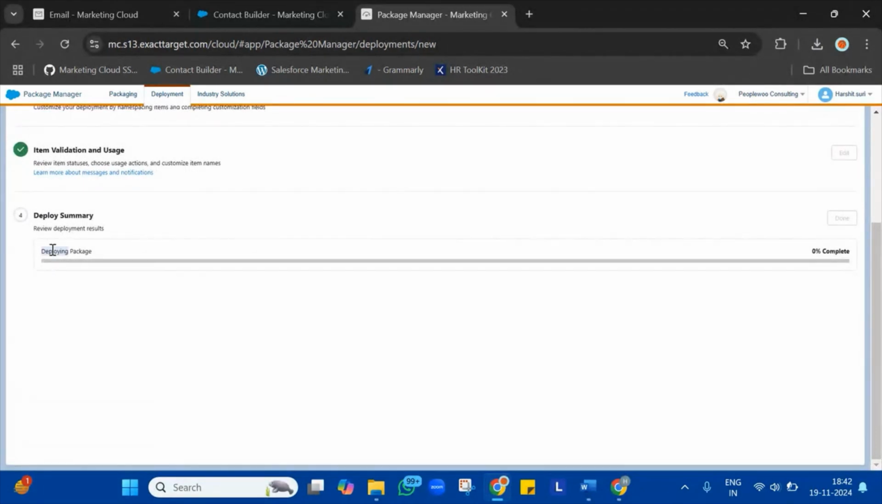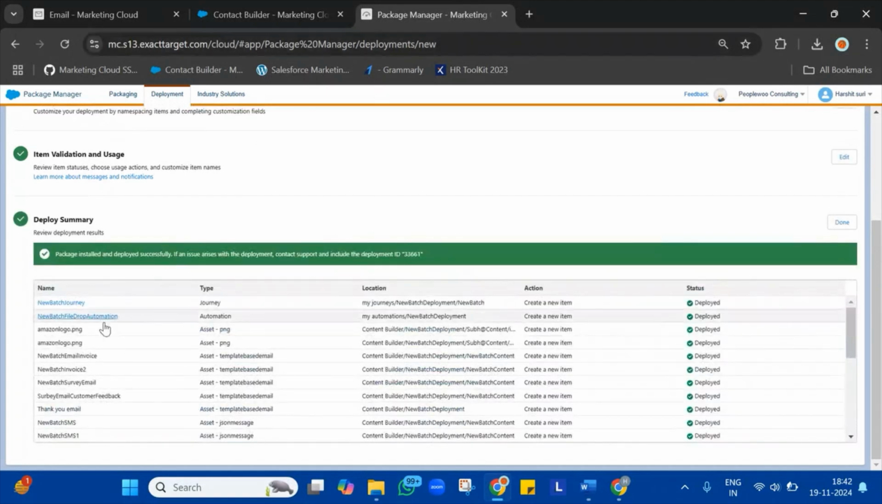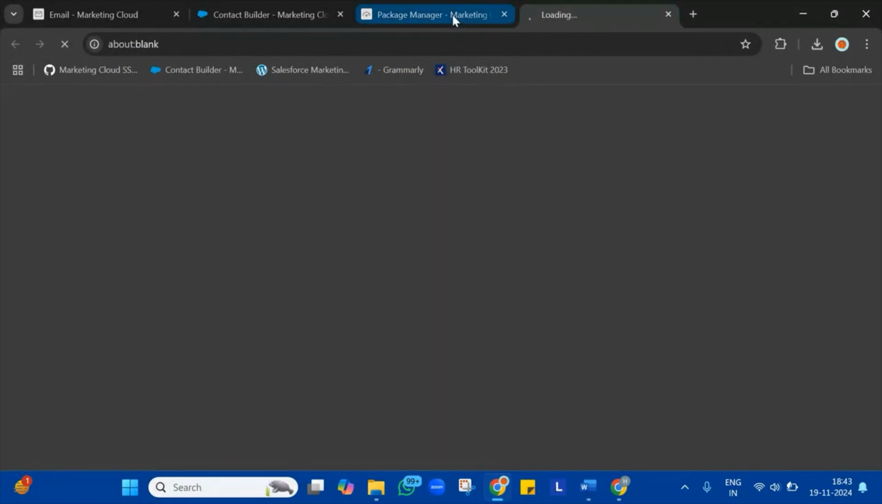It says that it is deploying the package. Filters generally require standard data extensions to be created first, so we have not deployed the filter. The filter we can deploy next time once the standard ones are complete. So everything is deployed. If you see, this is a journey which is deployed. You can click here. This is the